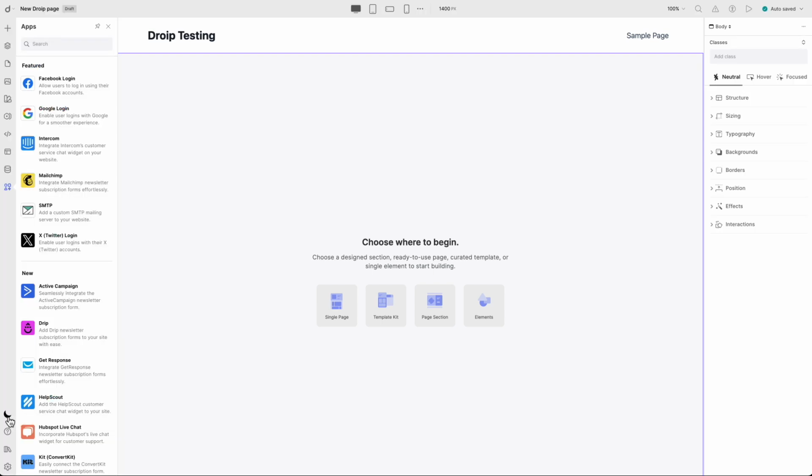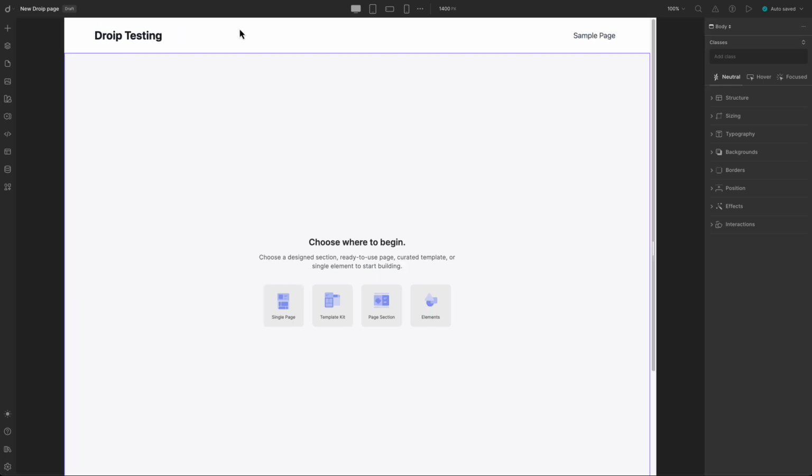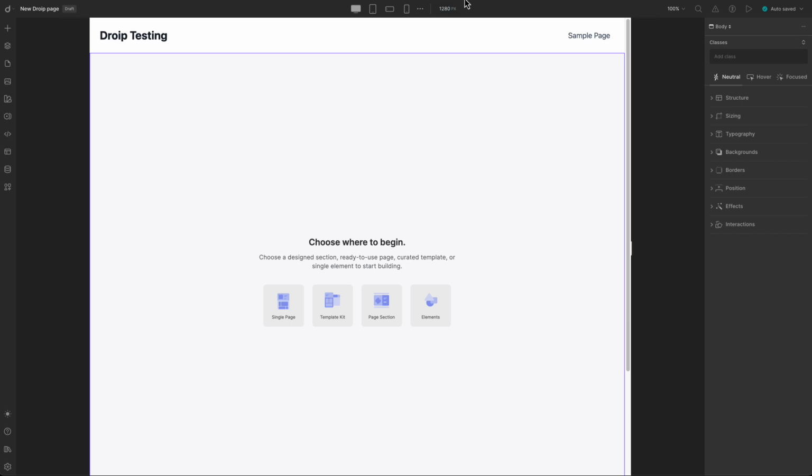Then here's light and dark mode. This is the help area. This is the documentation. And this takes you back to the settings page in the admin. Okay, if we go across the top here, we have our responsive breakpoint previews, and you can create a custom breakpoint. I think that cadence is 1280, so I'm going to set that there. You can scale the view,